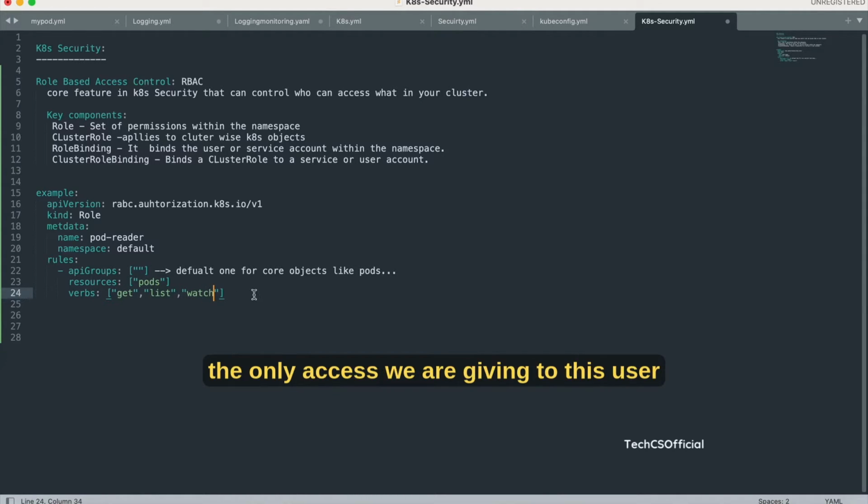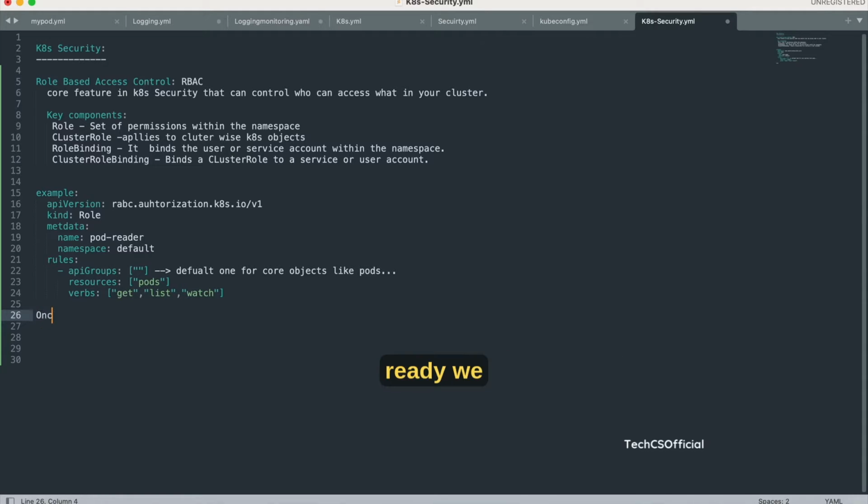These are the only accesses we are giving to this user, and this is the simple example I have given. And once the file is ready,